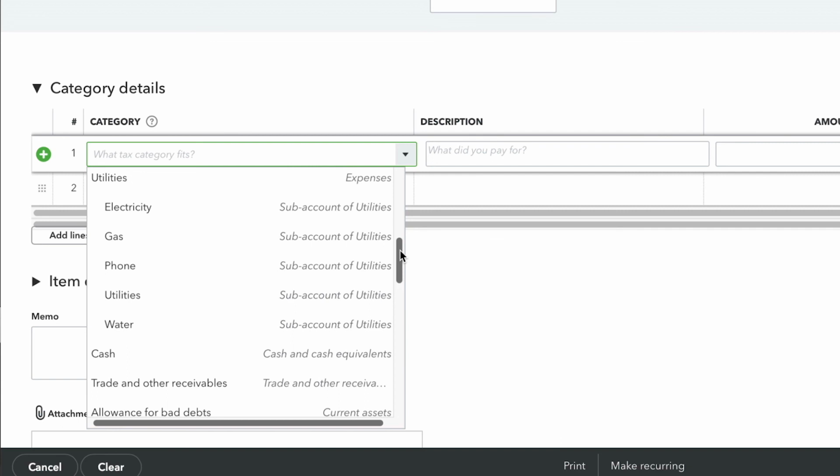and assets. Another thing to keep in mind whenever you're categorizing transactions. When you see in your list of options a choice between a parent account and sub-accounts, it's